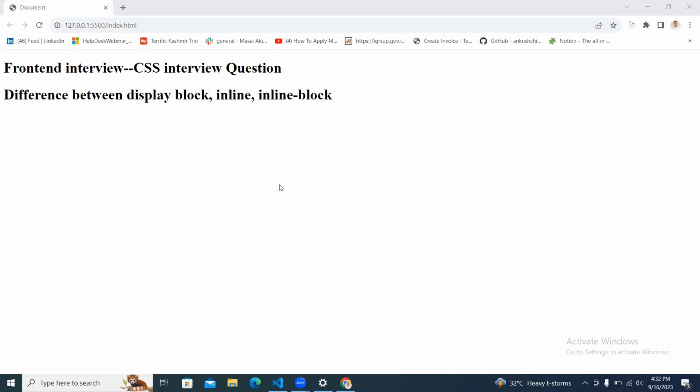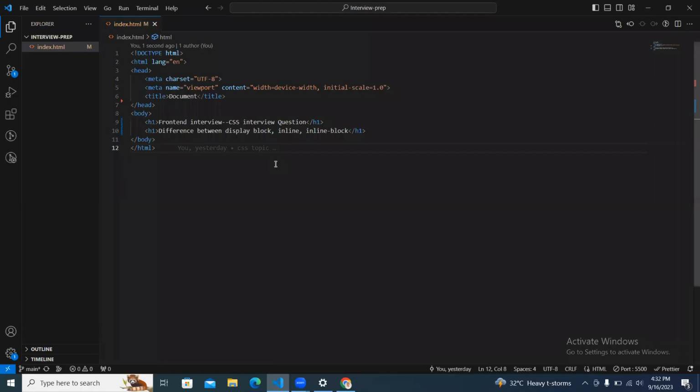So, this is our CSS interview question: the difference between display block, inline, or inline block. This is a very common question in interviews. So now we clear this topic. First of all, to solve this problem and answer this question, we have just to create